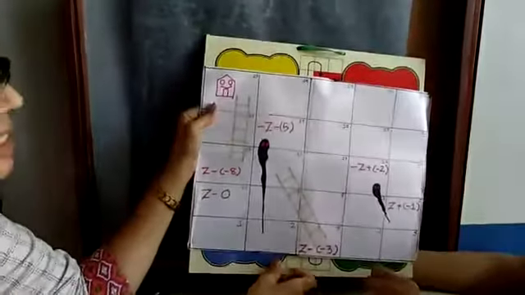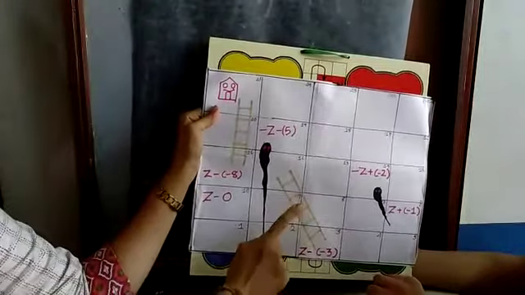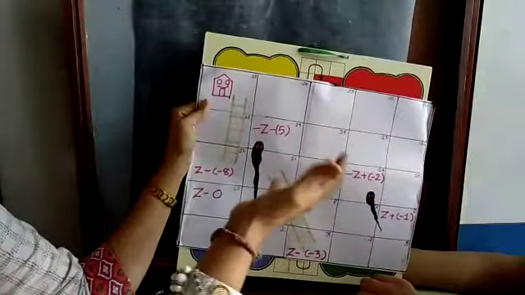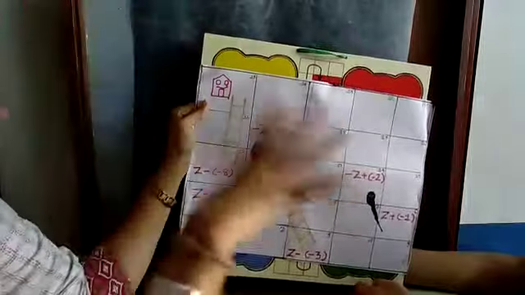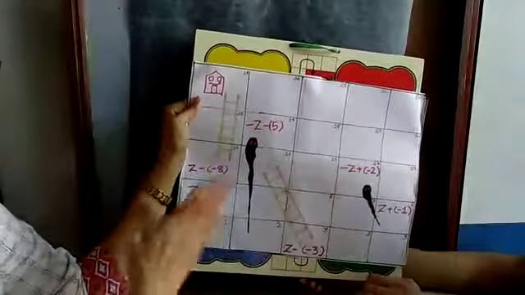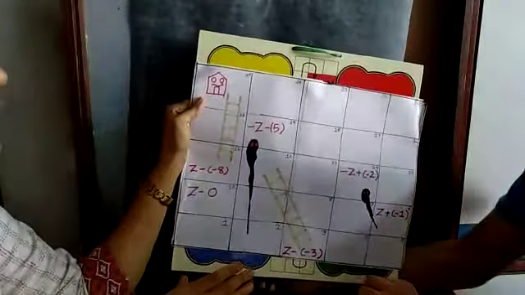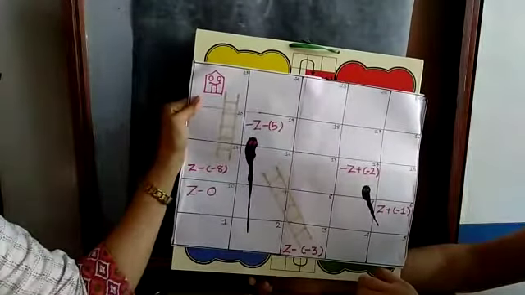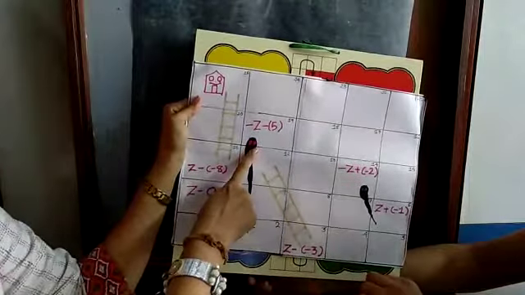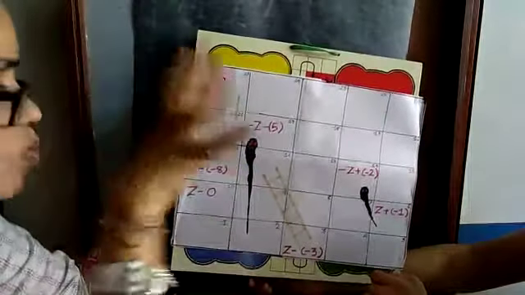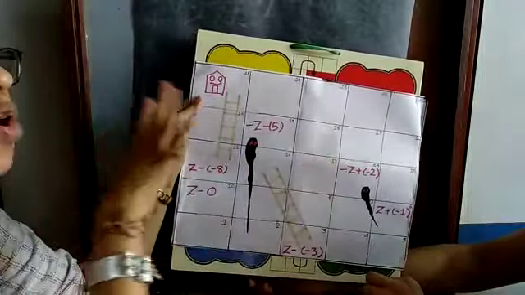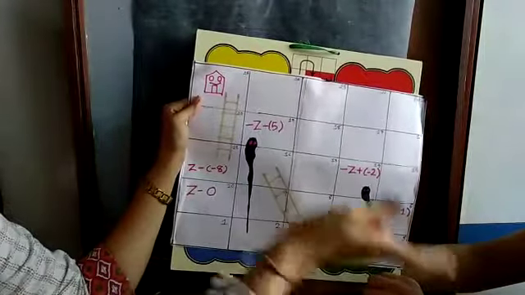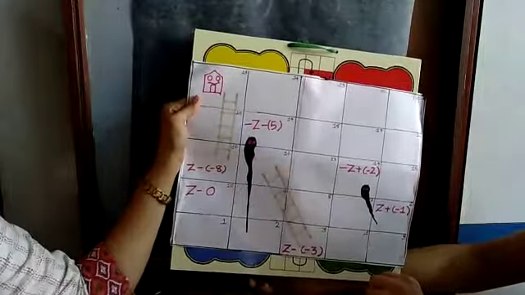Understood? So this way you can play snakes and ladder game. Now you can make your innovative way also for this game. You have to use your idea. So it is very easy to understand integers. Understood? Yes. So two games I have shown you, tic-tac-toe and snakes and ladder. And besides that, those rules also I have explained so that you will not be confused about the multiplication and division sign and the addition and subtraction sign.